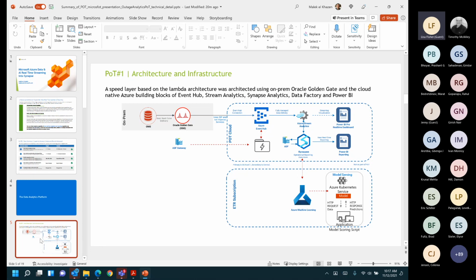This is the on-prem system, and on-prem they had Oracle GoldenGate. So we decided to use the Oracle database and then Oracle GoldenGate, and we didn't change anything on-prem, so we kept the infrastructure as is, and we sent events directly to our Event Hub. You want to think about Event Hub as similar to Kafka, but the difference